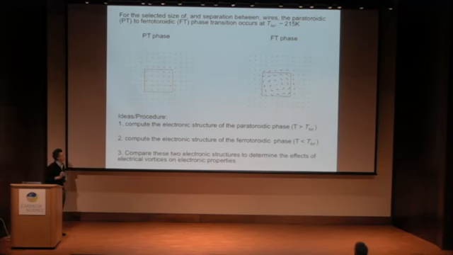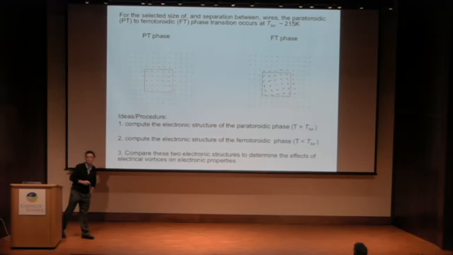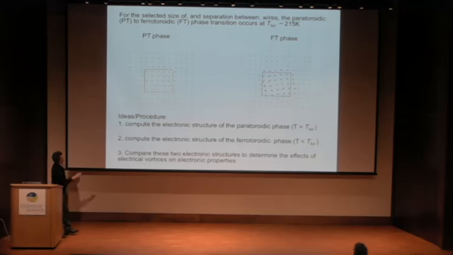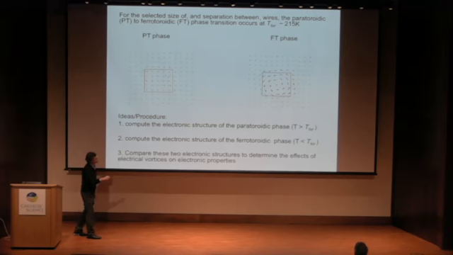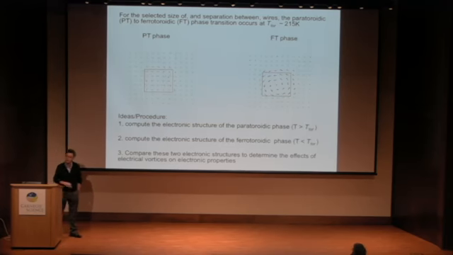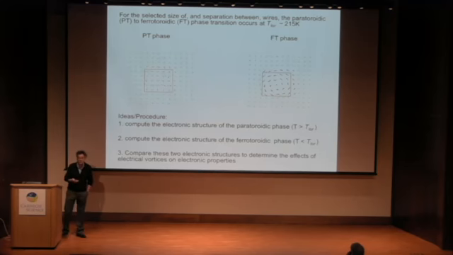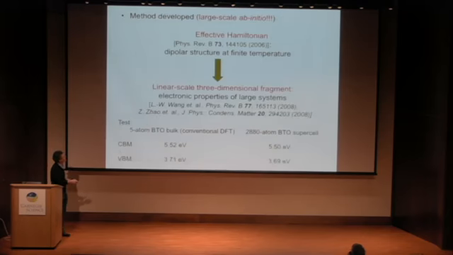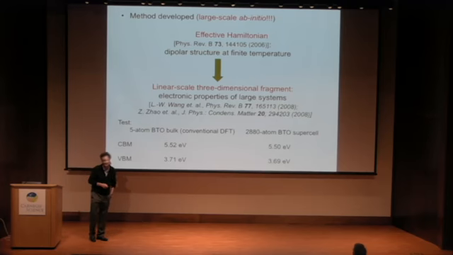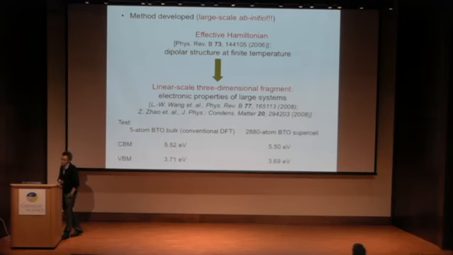So the idea is very simple to say, but quite difficult to implement. The idea is, okay, let's compute the electronic structure in this ferroelectric phase, for which you have a vortex. Let's compute the electronic structure in the other phase. You compare the two of them, then you will have an idea if, when you have an electrical vortex, you can modify or not, quite a lot, your electronic properties. Okay, how do we do that? As I told you before, it's impossible to do by DFT, and you cannot do that by effective Hamiltonian alone, because there are no electrons.